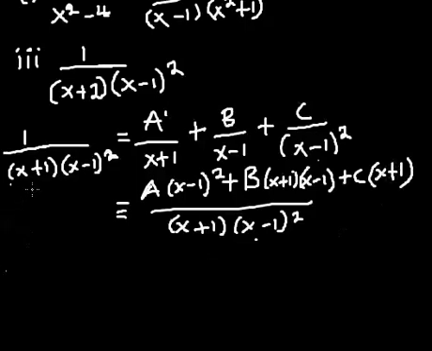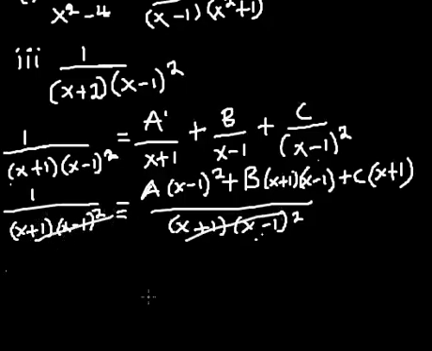Okay, so don't forget that 1 all over s plus 1, then x minus 1 square. So definitely they will cancel out. I have now 1 equal to a into x minus 1 all square, then plus